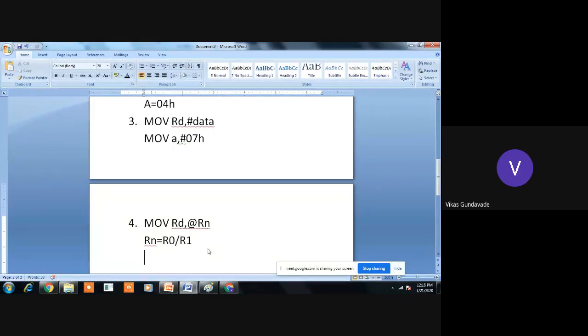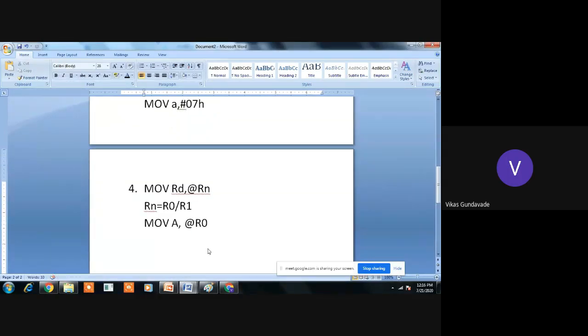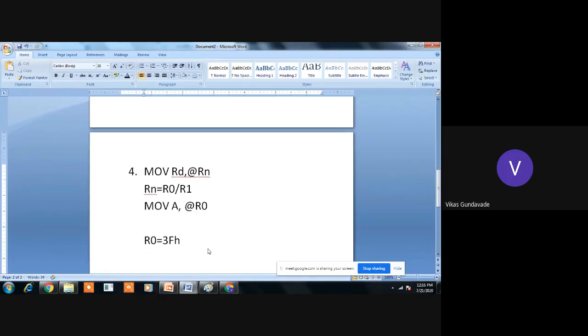For example, if we have written move A comma @R0, then before execution, let's say the R0 contents are 3Fh and the accumulator contents are 00h.